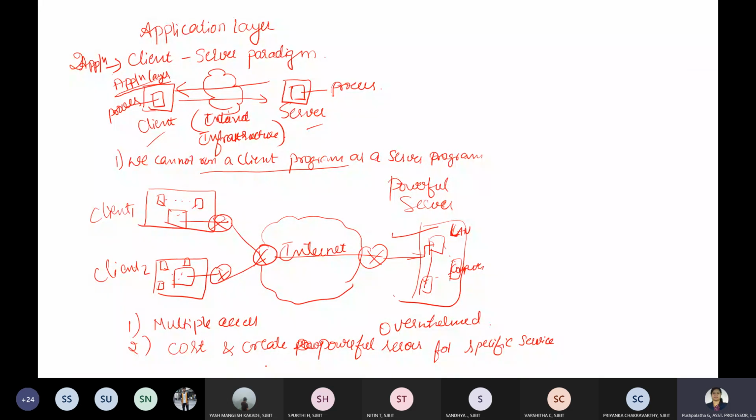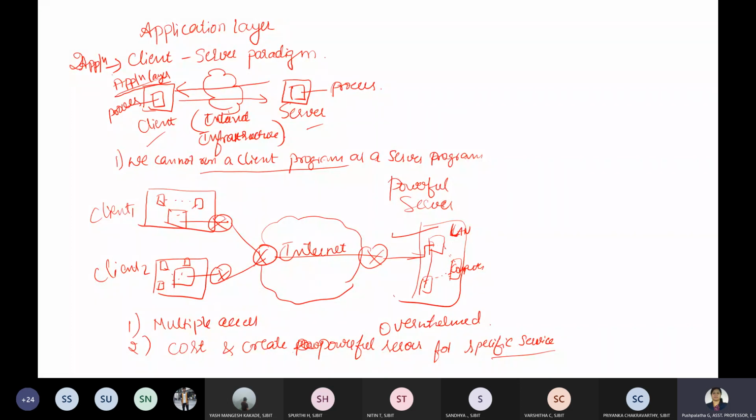So here the problem is that there should be a service provider who is willing to accept the cost and create a powerful server for these particular services, okay. Which means this must always return some type of income for the server. It should not be just free work; it should always return some type of income. That I think we'll discuss, what type of server is going to give an income in what way.